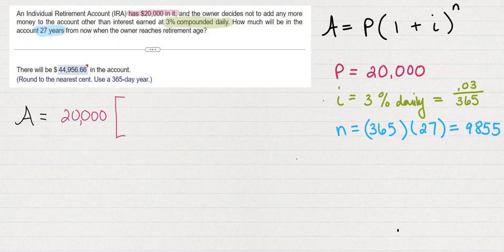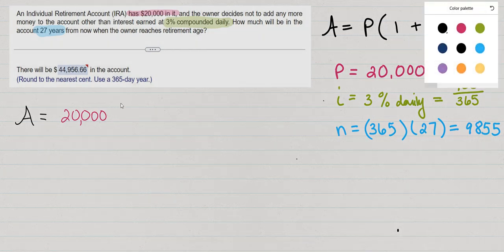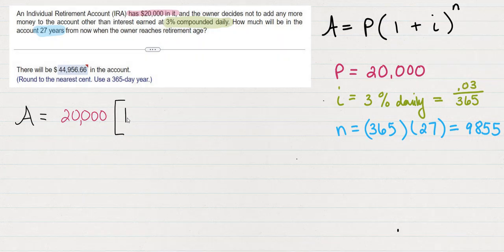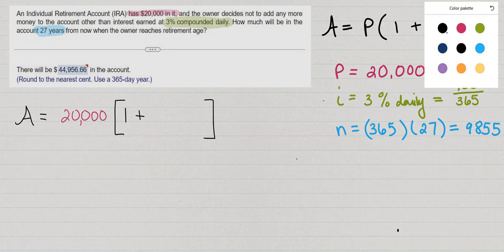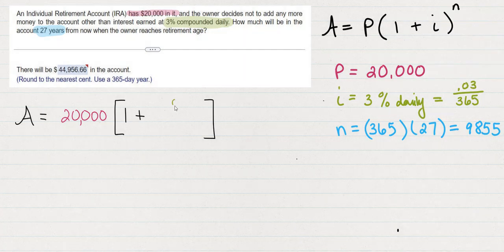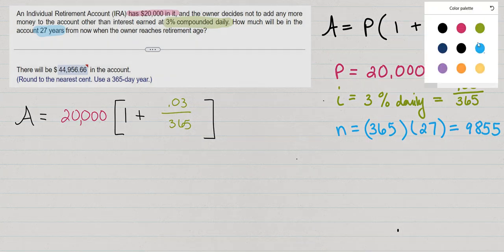And then we've got $20,000 times 1 plus our interest rate, which comes to, I'm not going to round it, 3/100 divided by 365. I'm going to keep it exact until I get to the very end, raised to the